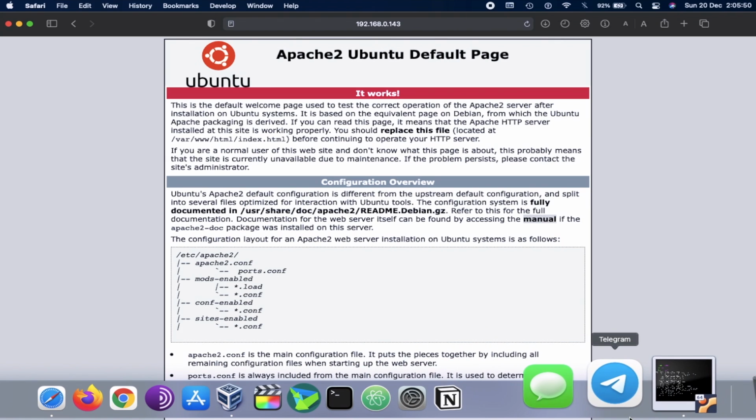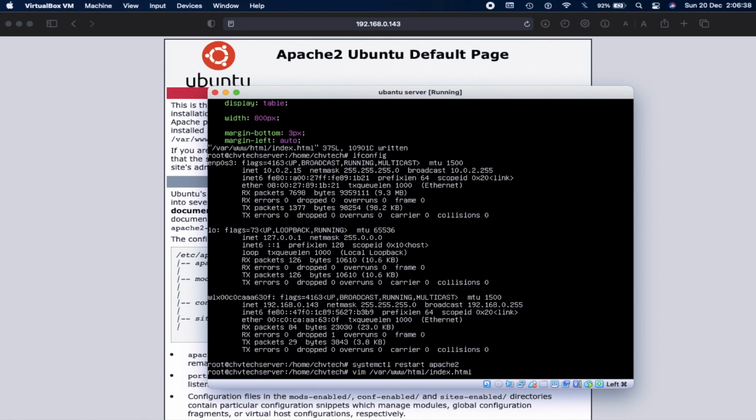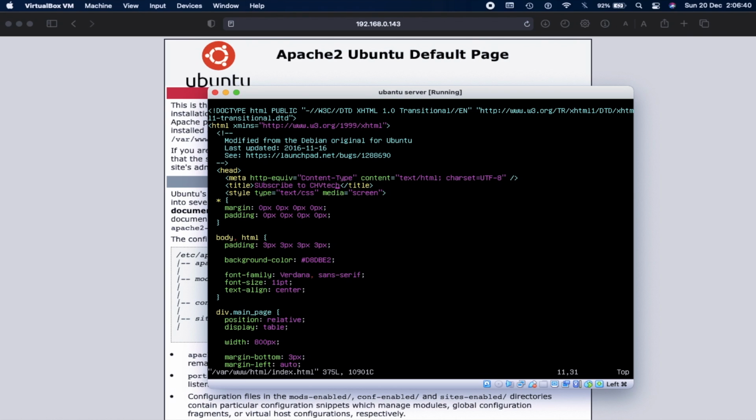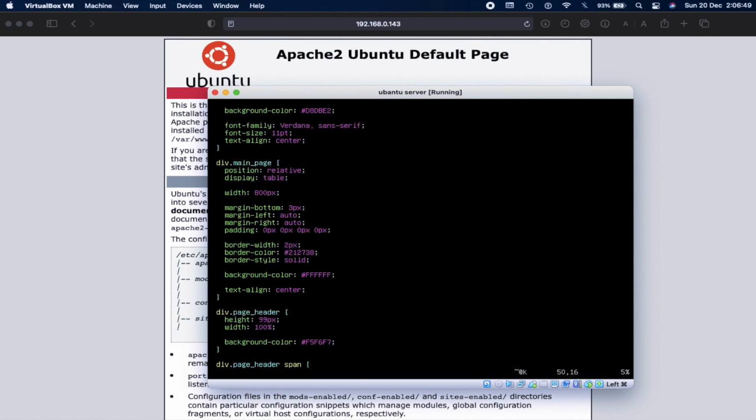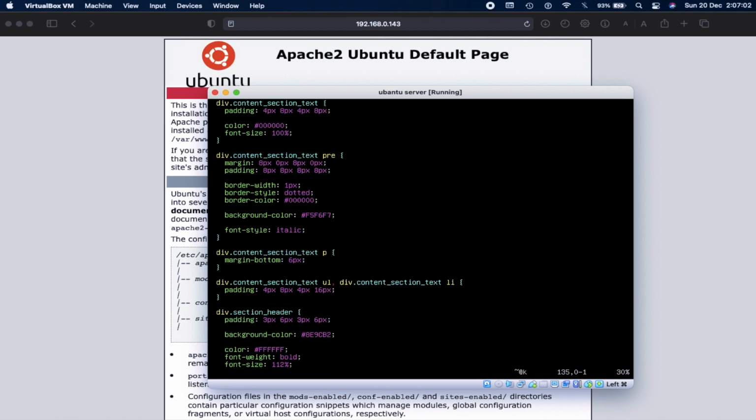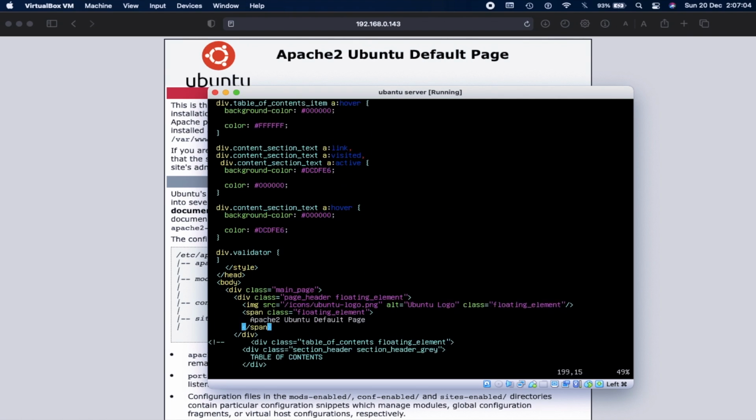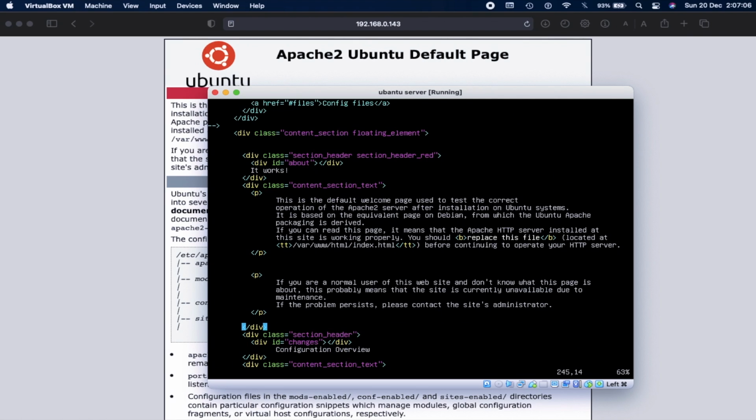So go to the Ubuntu server and enter the same command to edit the text. Now let's go down. Here let's remove "It works" and enter something like "CHV Tech is a tech channel."